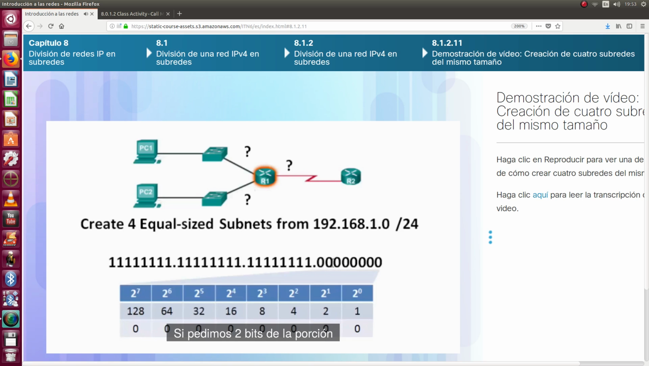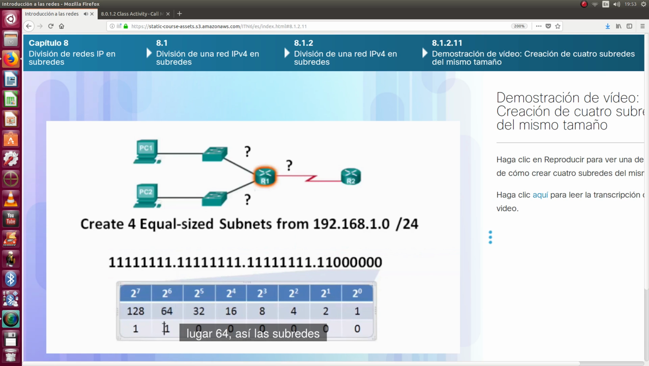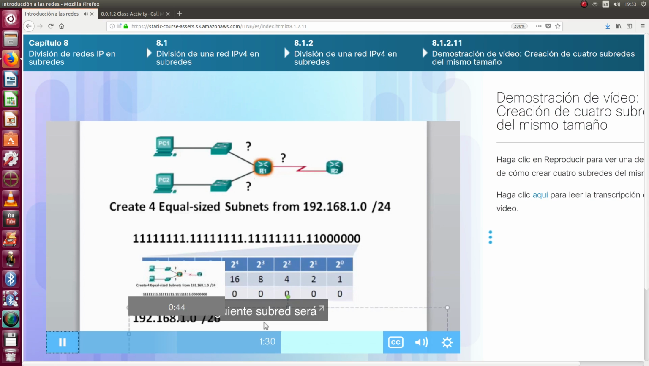First, I'll write out the subnet mask in binary. So we'll be borrowing bits here from the host portion. If we borrow 2 bits from the host portion of the subnet mask, we now have 2 subnetwork bits, and 2 to the second power is 4, so that will create 4 subnets. The last one in our subnet mask is in the 64's place, so the subnets will go up by 64. In other words, the first subnetwork will be 0/26, since we've added 2 subnet bits and we now have 26 ones. The next subnetwork will be